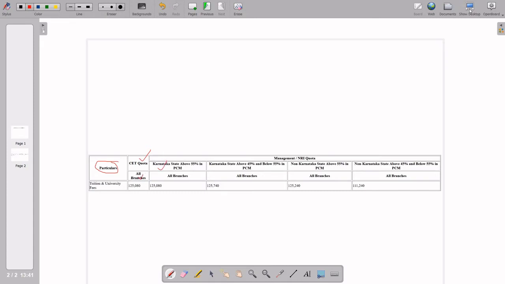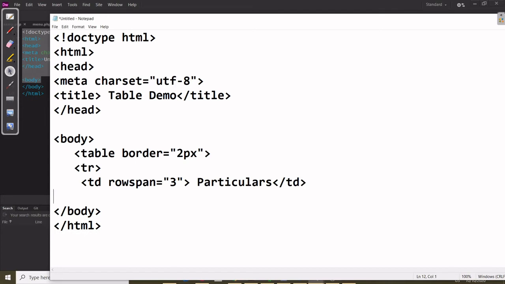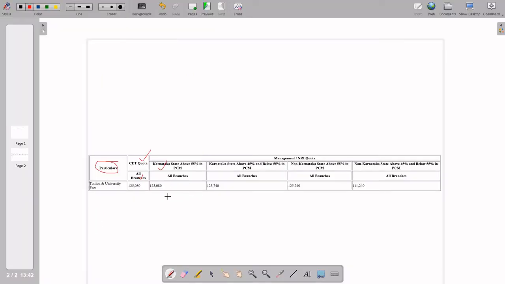So you can write here td, space, attribute rowspan equal to 3. Got it? Then you write the statement whatever you want to display, that is the table data, particulars, and close the td. So the first part is clear. Coming to the second one.